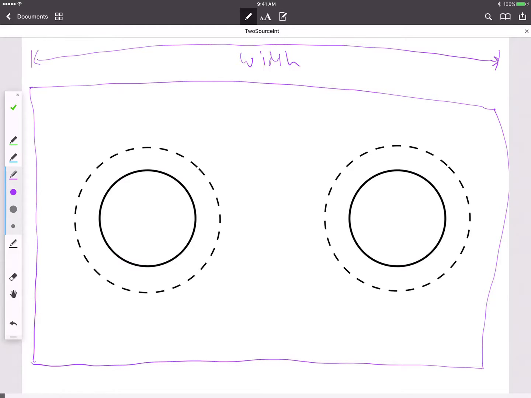Not a very straight line, but we can survive that. And what we want to be able to do is control the spacing between these two sources,